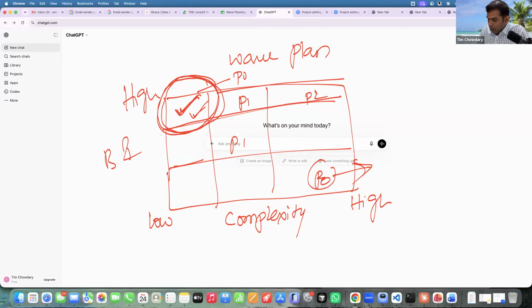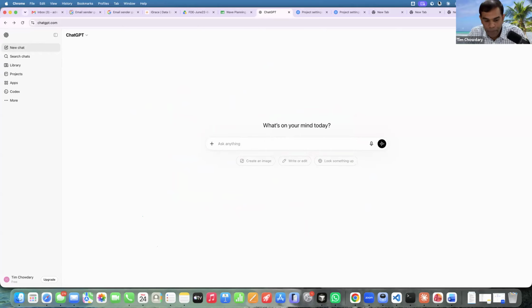Okay, so to summarize, problem solving is all about devising some strategies. Don't just blindly jump into conclusions. Understand the problem clearly, define what the problem is, right? And then identify the root cause, right? Using the IDEA framework, using wave planning, and we have a couple of other frameworks also, which we will talk about subsequently. And then as step 3, put it in a wave bucket, right?